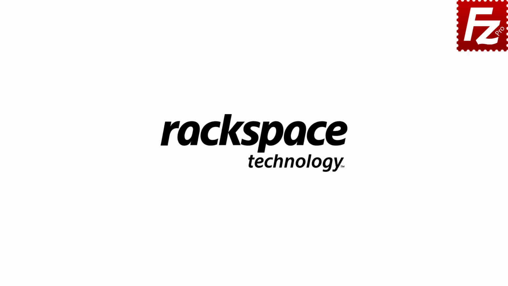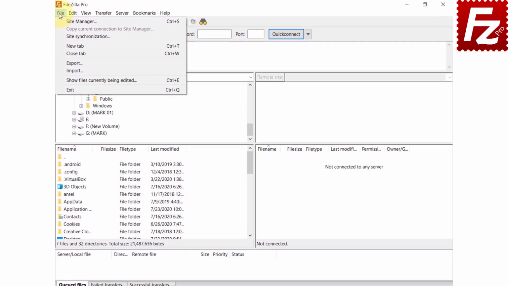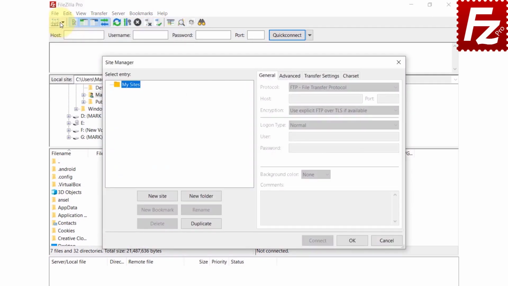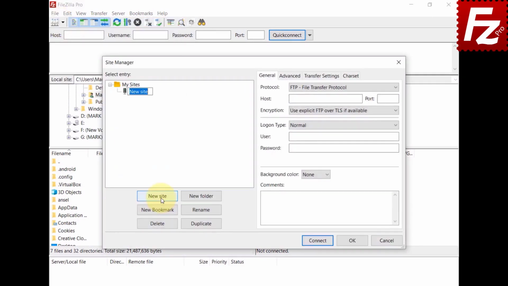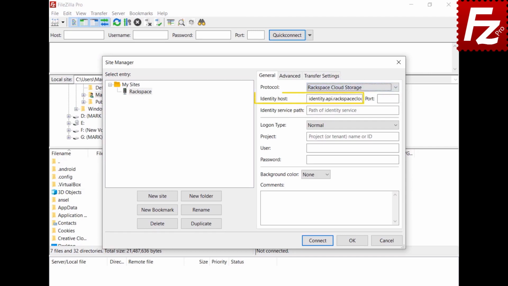In this tutorial, you will learn how to configure FileZilla Pro to connect to Rackspace Cloud Storage. Launch FileZilla Pro. Start creating a site entry for your Rackspace connection. Click New in the Site Manager dialog box to create a new connection. Select Rackspace Cloud Storage as the protocol. Automatically, FileZilla Pro fills the identity hostname. Enter the identity service path. It should read